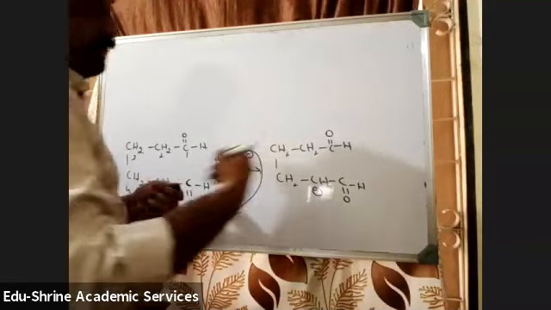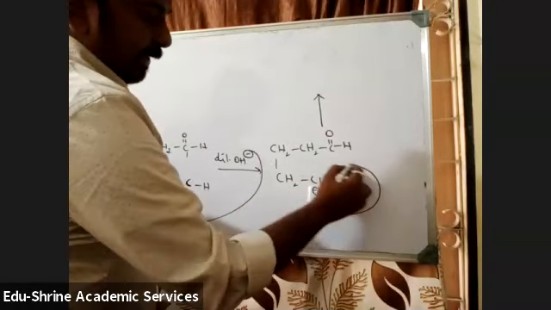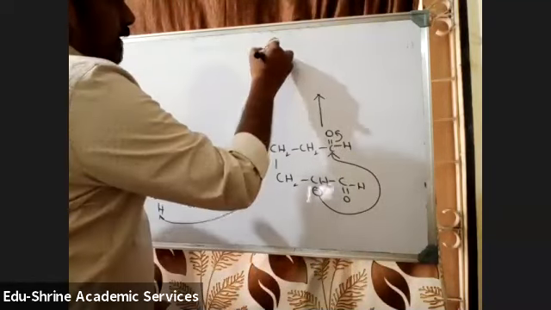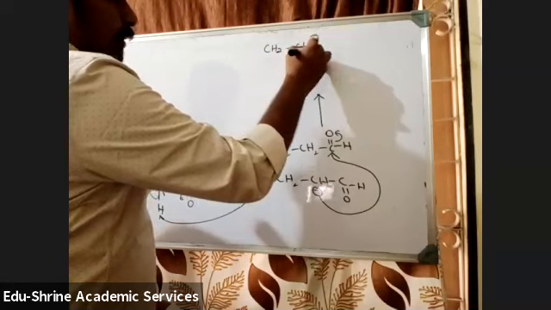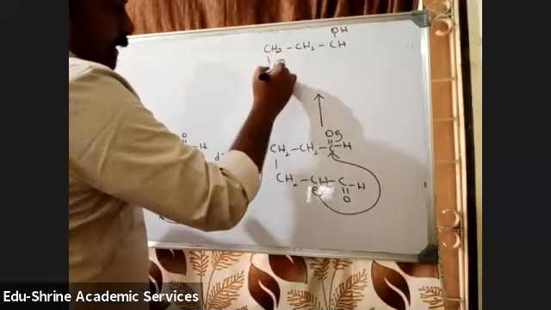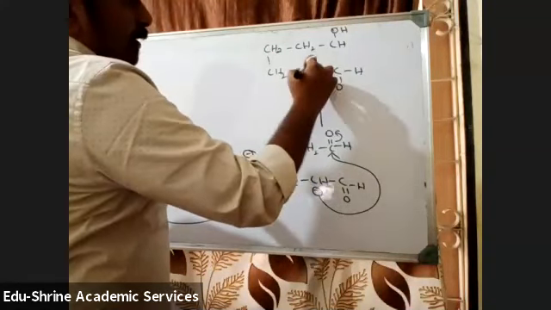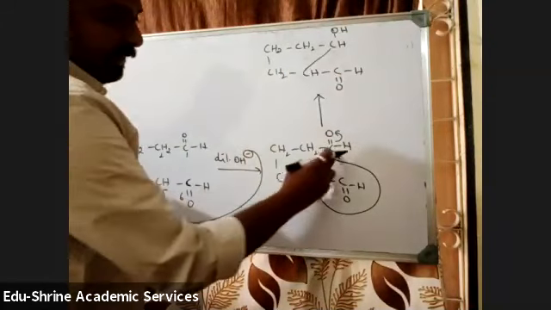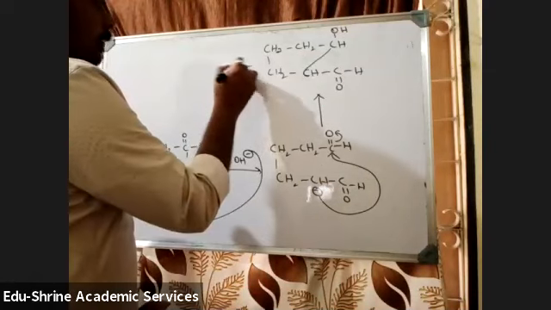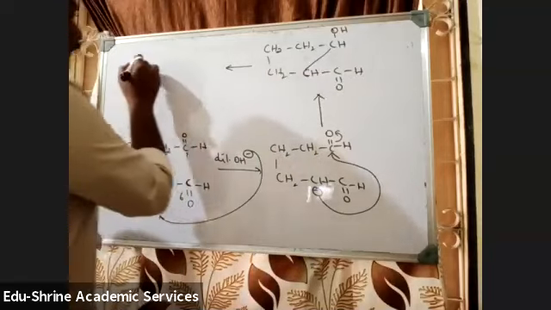So this negative charge will attack this C double bond O, and this gets converted to OH. So you will get CH2, CH2, CHOH, and CH2, CH, C double bond OH. So this is attacking this, no? A bond will be formed between this carbon atom and this carbon atom. So that means 1, 2, 3, 4, 5. You are going to get a 5-membered ring, no?